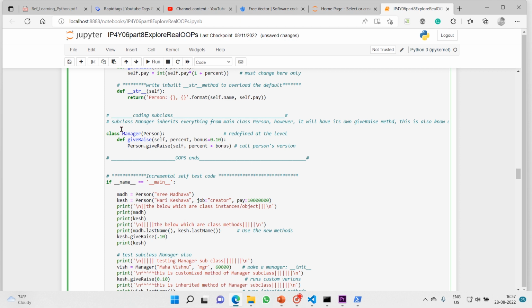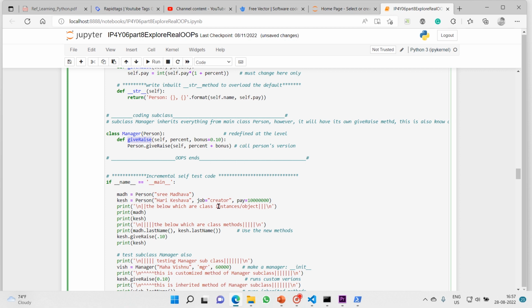So let's add that piece of code, class, and then its manager subclass, and it inherits from person. So basically here the inheritance part is done. Then we will customize one of the methods in the class, that is give rise.